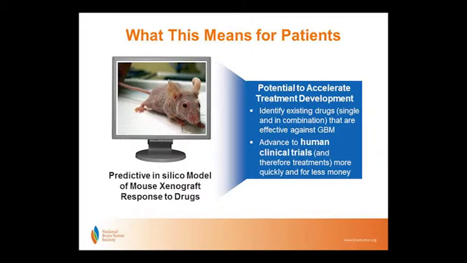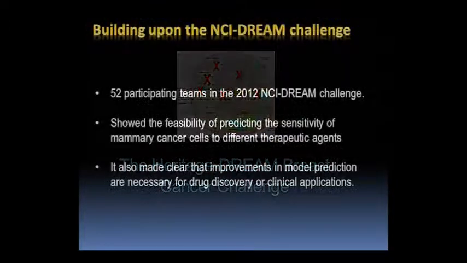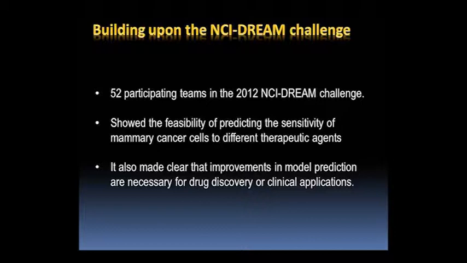We're interested in seeing whether, if you take two drugs by themselves and you have that data, who can predict the combinatorial data? Because it'd be nice to take classical agents and put them with the new drugs, but it's hard to afford to do that. The Heritage Dream Breast Cancer Challenge is one that is looking at sensitivity to mammary cancer cell